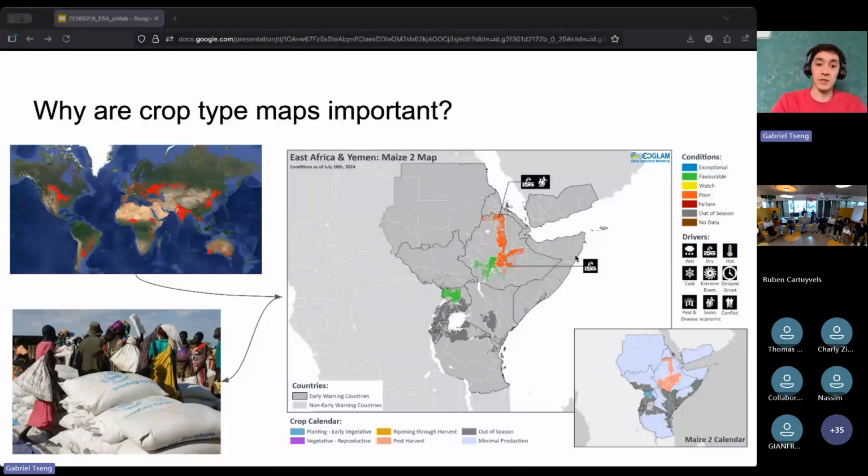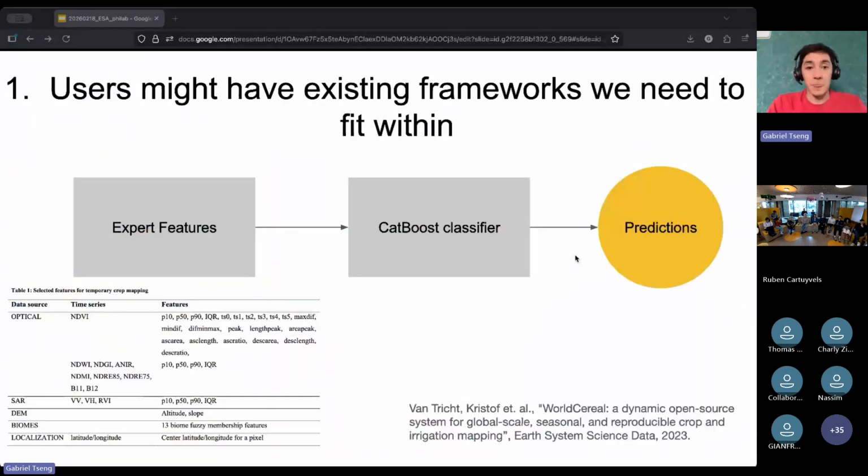And so, for instance, understanding the food security of a region, which is, again, done on top of crop maps, can move billions of dollars of food aid and can prevent a bad drought from becoming a humanitarian catastrophe. Okay, so